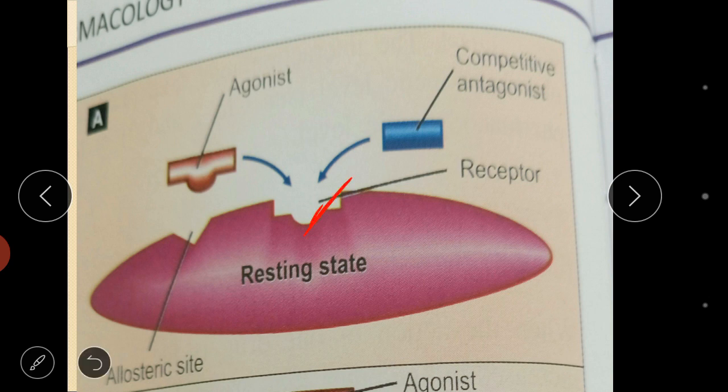the receptor has a site on which both agonist and antagonist can bind. Here we are using the term competitive antagonism because we are talking about competitive antagonism. Agonist and competitive antagonist both bind the same site on the receptor because they are structurally similar. And the competitive antagonist is going to inhibit the effect of the agonist. But if you increase the concentration of agonist, you are able to reverse the effect of the antagonist, meaning you are going to get the effect.